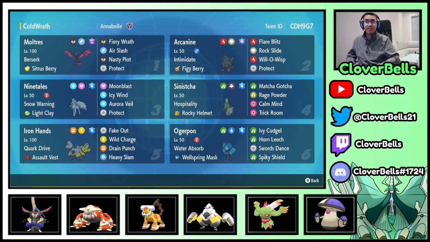Now, if you look at the Sinistcha, this is a different kind of Sinistcha. It is the Calm Mind set. I have seen Sinistcha have great success with Calm Mind behind screens. Sometimes maybe you don't even bring the Moltres, and instead Sinistcha becomes the late game sweeper and the late game ender with the Calm Mind. You're just sitting there clicking Calm Mind, recovering over time with your Matcha Gotcha, and it does so much there. And then the Arcanine over there is a Will-O-Wisp support Arcanine here with Terra Dragon